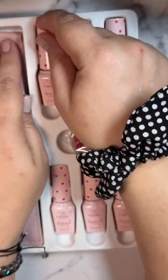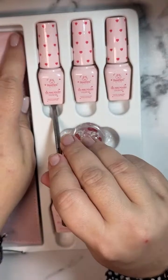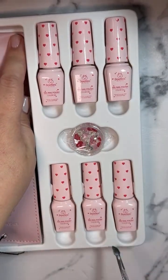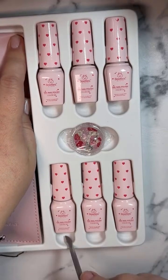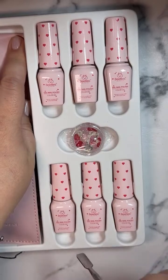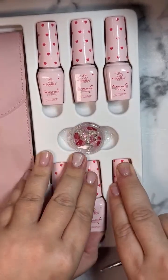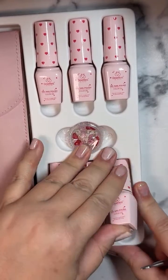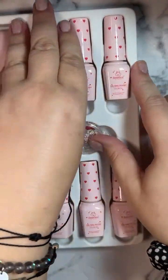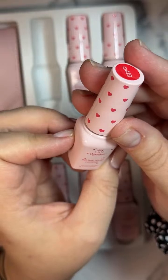Let's see the colors. Ooh, I will say, all of these brands always make it so hard to get their products out of the packaging in a graceful way. Most of my video cuts are simply me going into the packaging and trying to get the product out. It's just like, give me the polish, give me the dip. I can't get to you. Ugh. All right, I think I got this. Okay. So our first color